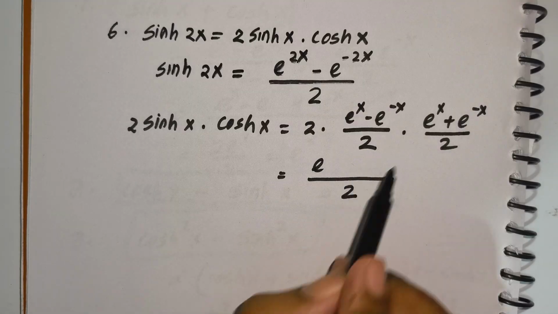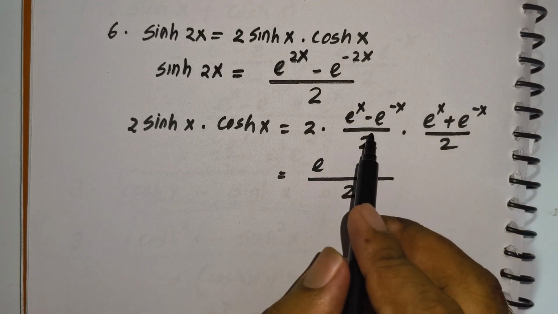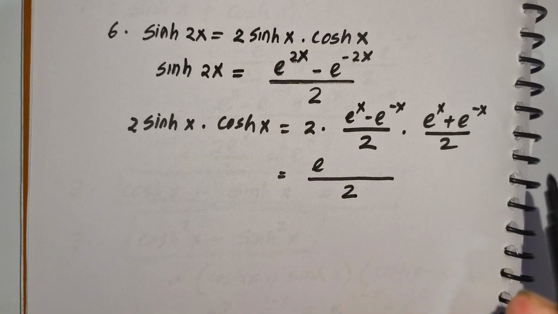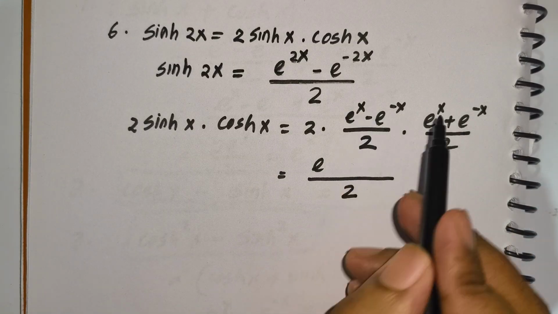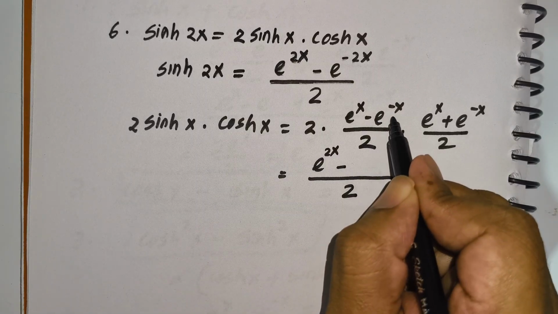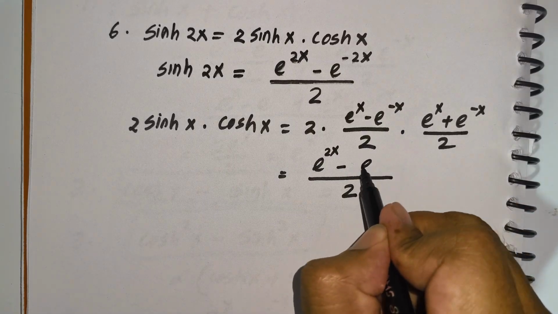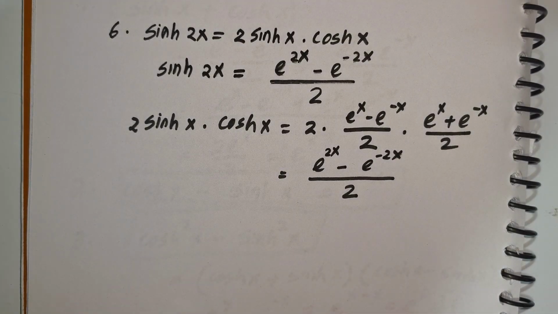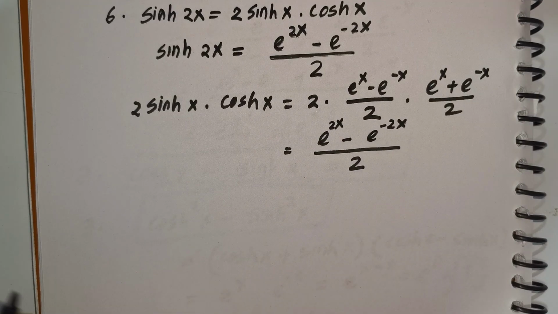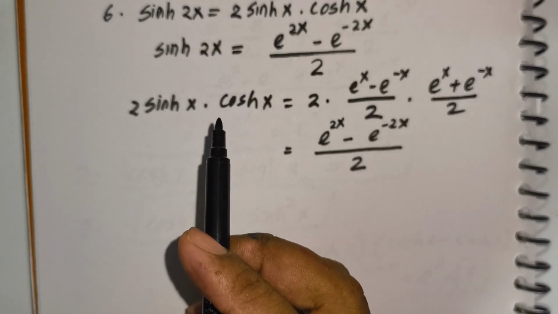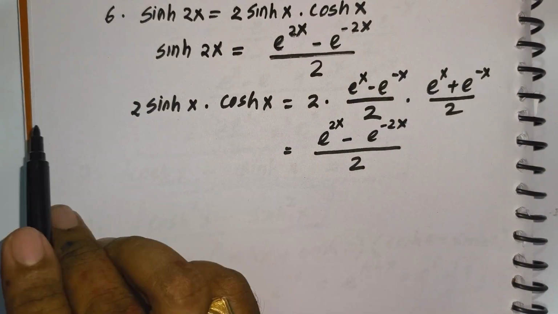You can cancel 1 2, so in the denominator we have 2, and in the numerator we have a minus b times a plus b, which is a square minus b square, and what is a square? e to the power x whole square, which is e to the power 2x, and we have e to the power minus x whole square, which is e to the power minus 2x. See, LHS is the same as RHS, so we have established this identity. Similarly, we have many identities in hyperbolic functions, and you can verify them using this method: find LHS and RHS